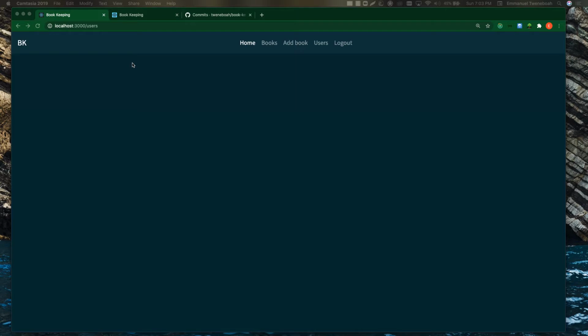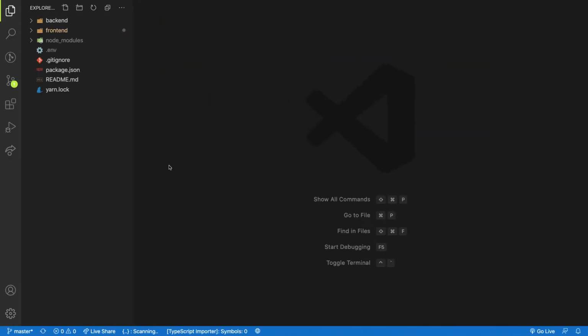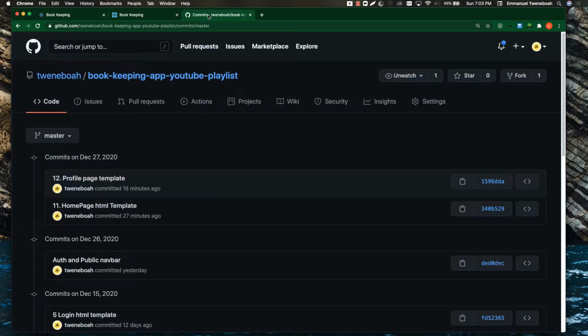Because this series is not about CSS and HTML styling, I have provided a couple of components that I would like you to know. So first, I provided a home page component. When you head over to my GitHub repository, and I'll provide a link below,